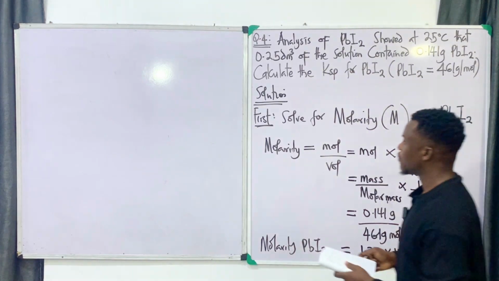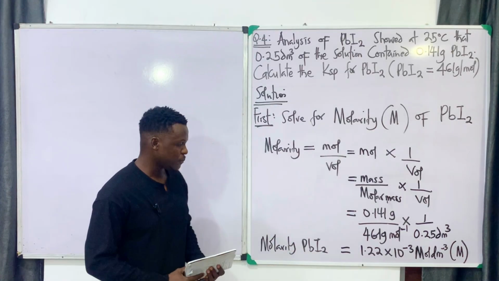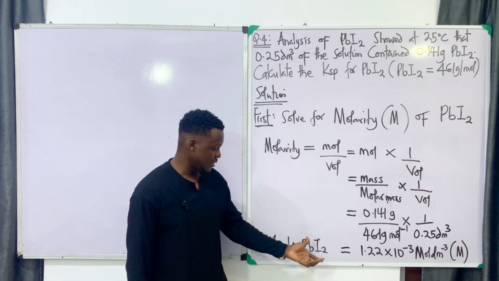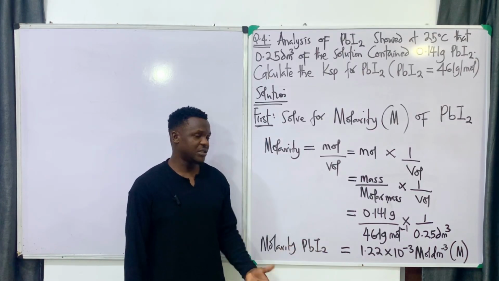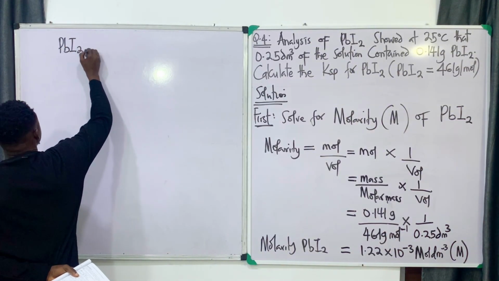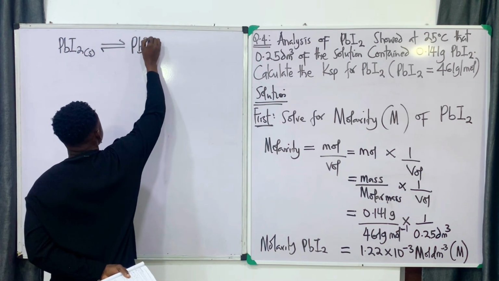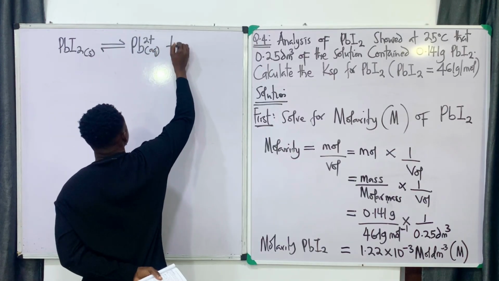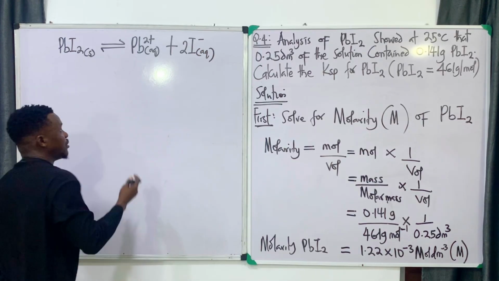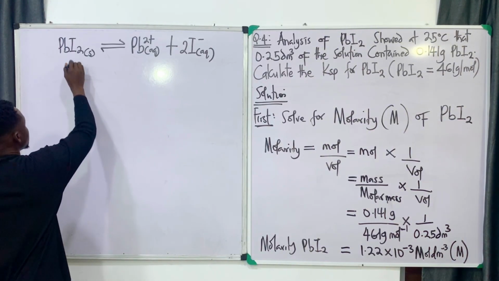All right. Now, we have gotten the concentration of PbI2. What is left for us to do now is to actually get the Ksp for this. And remember, once you've gotten the molar concentration or the molar solubility of the salt in question, you can always get your Ksp. So I'll say PbI2 is a solid. So this becomes Pb2+ aqueous plus 2I- aqueous. I already taught us how to write an expression for this. So our Ksp, this becomes